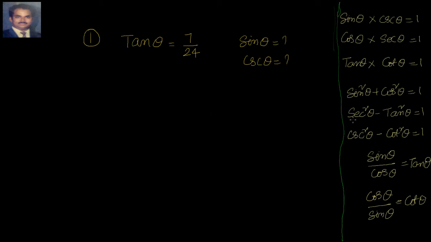Even though you can do it with the help of the formulas, you can find out secant theta, then go to cos, then sin and cosecant. I always prefer, whenever you know this, to draw the triangle immediately and use Pythagoras and find out all the ratios of the sides. So if I draw a right angle triangle, take the help of Mr. Pythagoras. If angle theta is from here, I know tan is nothing but